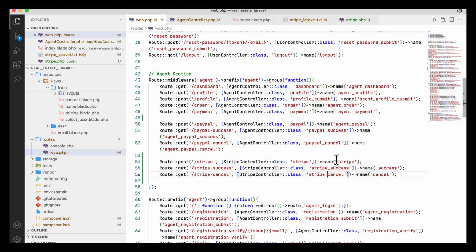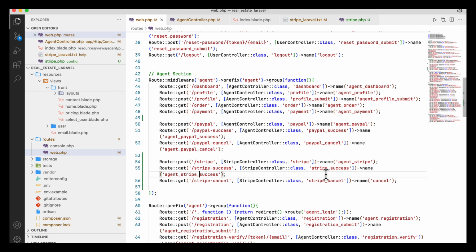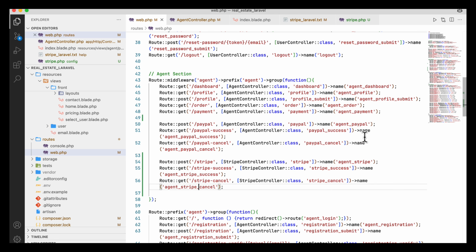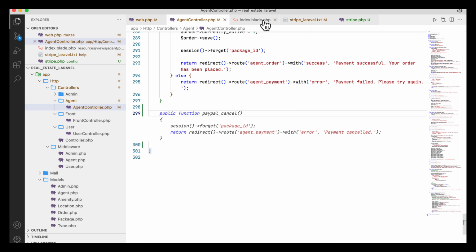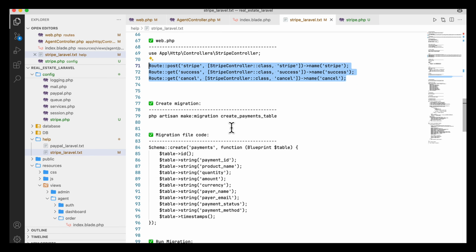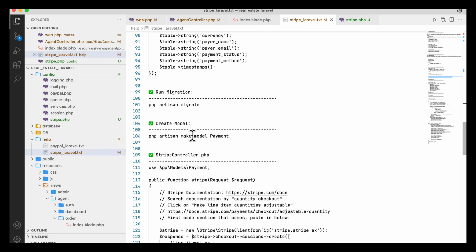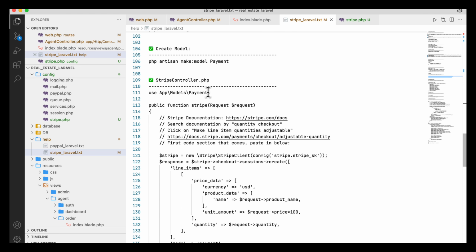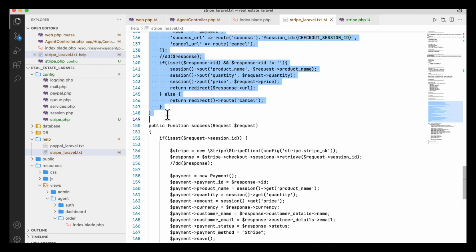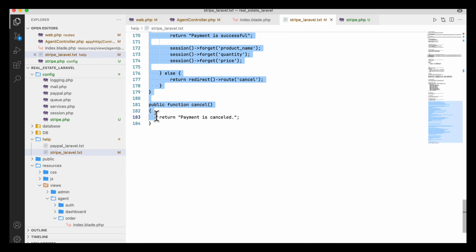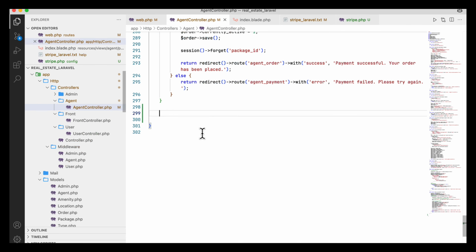And also the name will be here agent.stripe, and here it will be agent.stripe.success, and here it will be agent.stripe.cancel. So here this one will be a Stripe. So here I will write the function here, but just follow them. Here migrate not needed, and here this is not needed. Here my task is to use this one, so public function Stripe. So copy the code from here, and also success needed, copy this, cancel not needed for me,